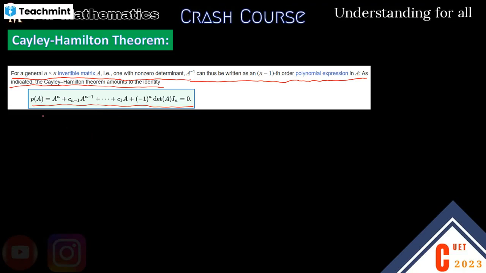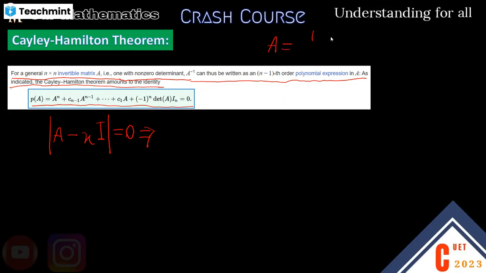So what it actually says here is that if we have a determinant A, then A minus xI, where x is a variable, is always equal to O, or the determinant of this will be 0. That means suppose A is equal to